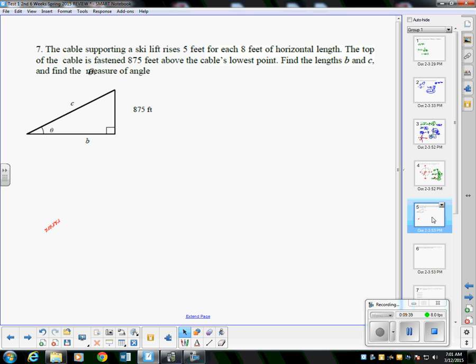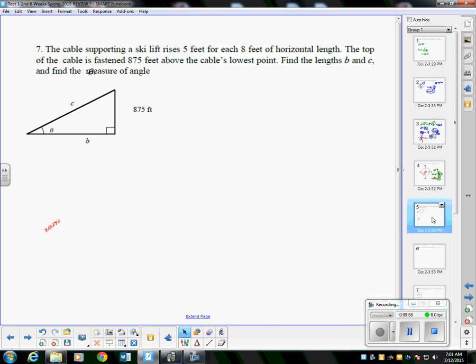Okay, this is a word problem that deals with right triangle trig. The cable supporting a ski lift rises 5 feet for every 8 feet of horizontal length. The top of the cable is fastened at 875 feet above the cable's lowest point. Find the lengths B and C and